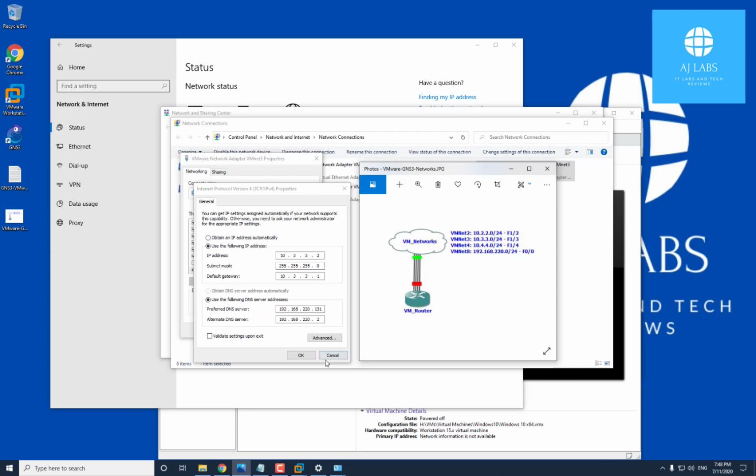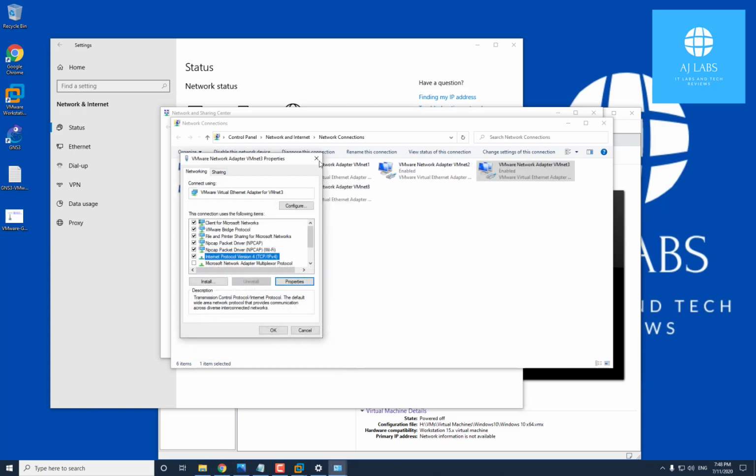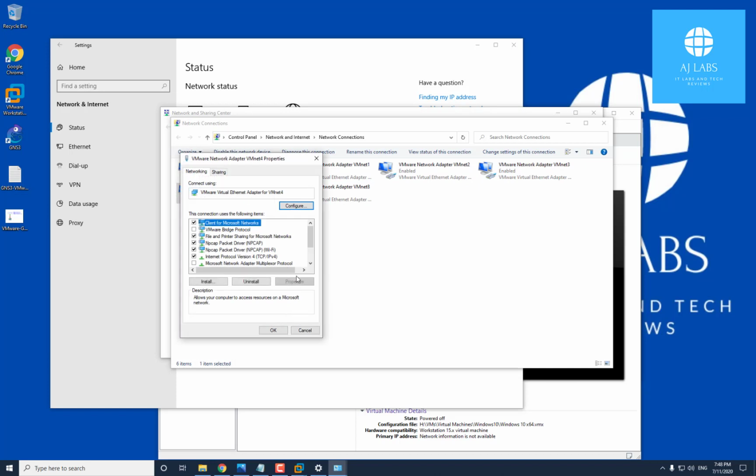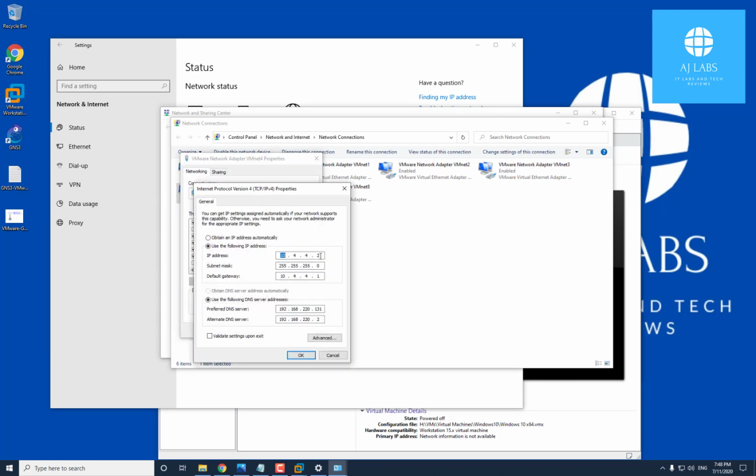Alright, so just make sure that when you go to your adapters, each one has been given an IP address. Here's number 4: Properties, TCP/IPv4, Properties, and then the IP address of that adapter and the default gateway. Now, just to mention, the DNS server that you see here is a server that I've set up, a Windows 2019 server, which has this IP address